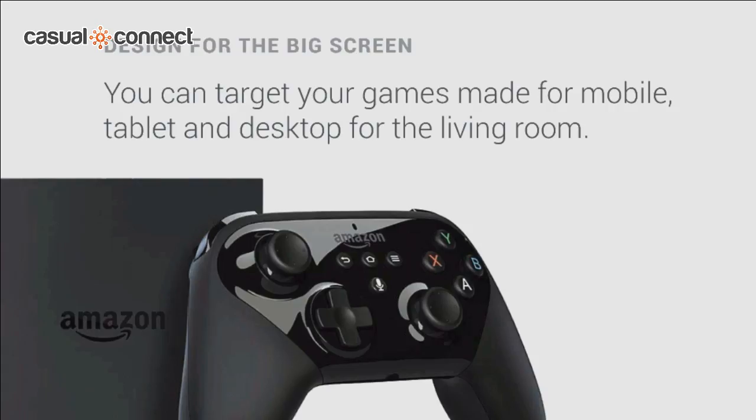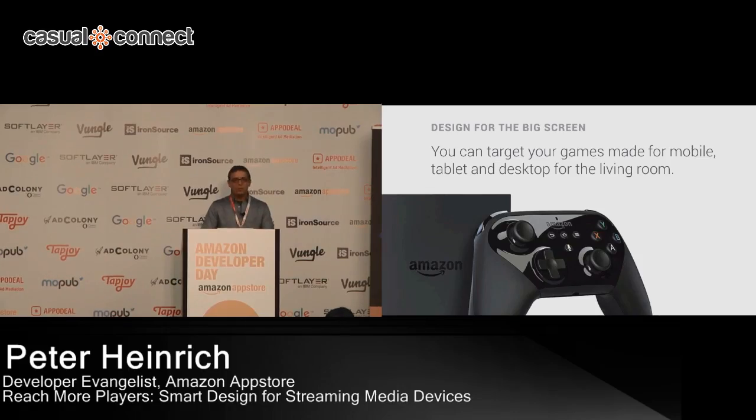And you may be of two minds here. You may be thinking, well, I really don't want to have to redesign my whole app to run on this different platform, and it sounds like I might have to. But on the other hand, you may be thinking, actually my game pretty much runs in landscape only. I wonder if I'd even have to change anything. And that's really what this session is all about. It's just identifying the types of changes you might conceivably have to make in order to tailor your game to a streaming media device. And not just Fire TV, though, of course. I highly recommend it because it's a powerful and popular choice.